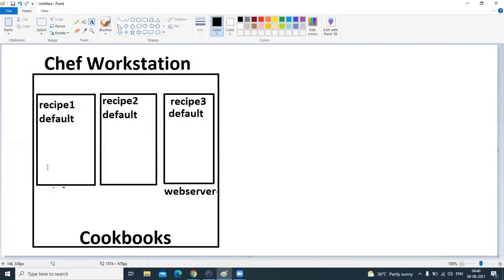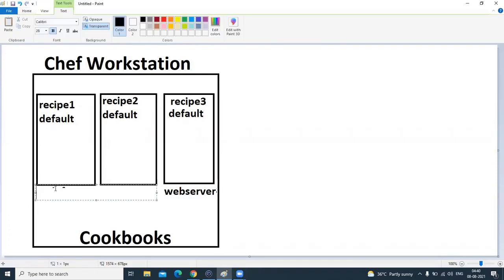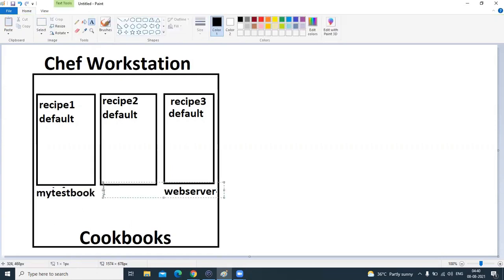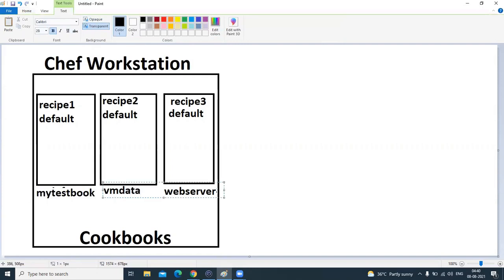The cookbook name is my test cookbook, and this one is VM data.